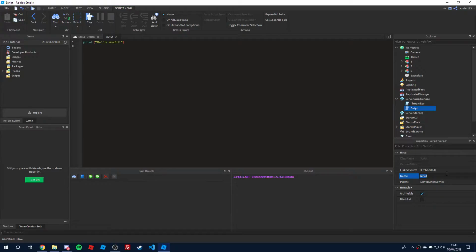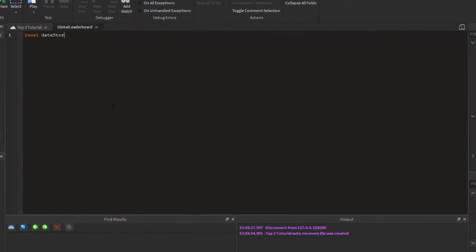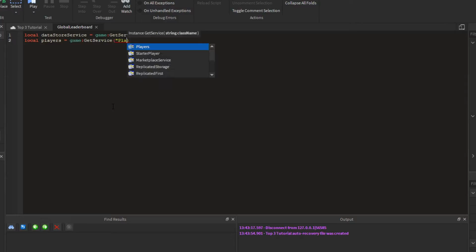So now that we have the saving, we want to create a leaderboard script. So I'll call it global leaderboard. And now what we need to do is local DataStoreService is equal to game:GetService("DataStoreService"), local players is equal to game:GetService("Players"). And then we need to do local global data